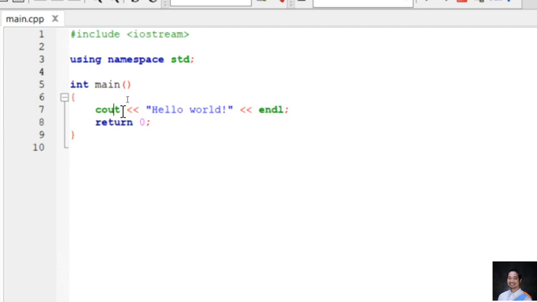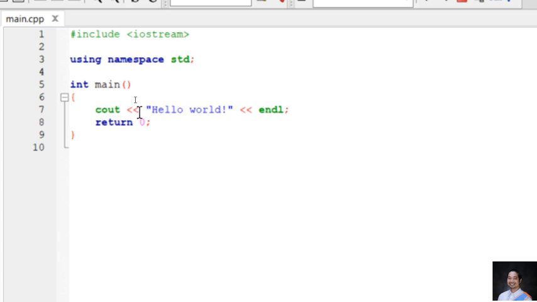The first code that you would notice is the cout. This is like printing out a text on your output for your C++ program. This is a reserved keyword in C++ for you to have a text output on your output window.